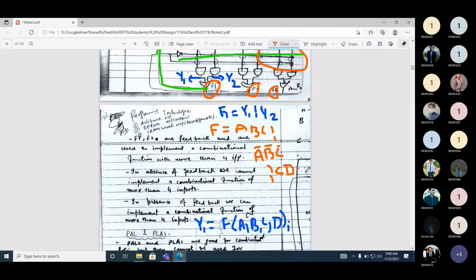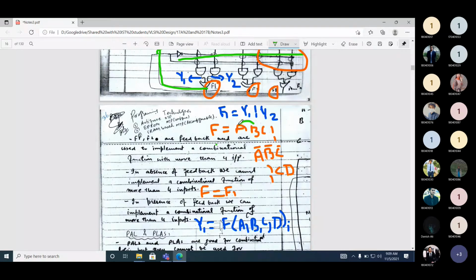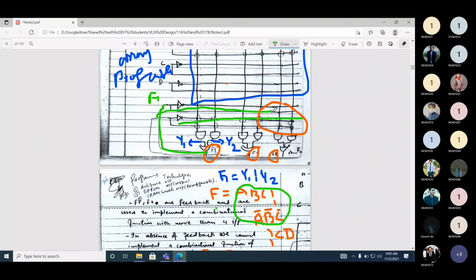So can I write it like this? F is equal to F1. With this F1, we can implement this function, and this F1 is then fed back. F1 is fed back, and now we retain this switch.